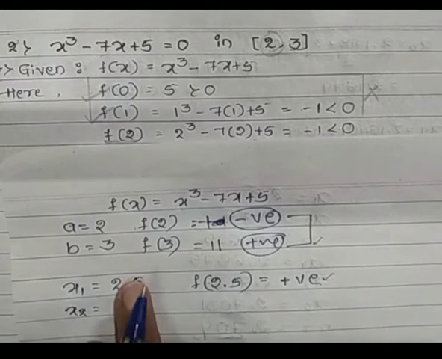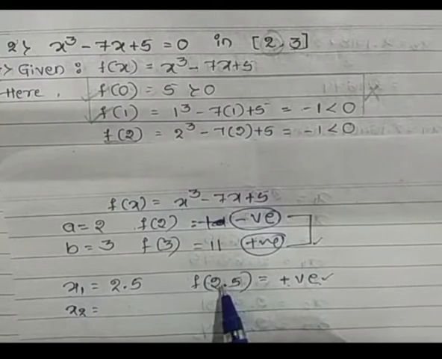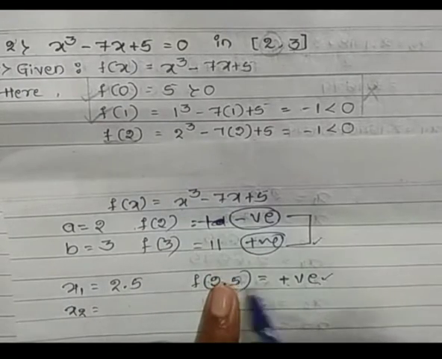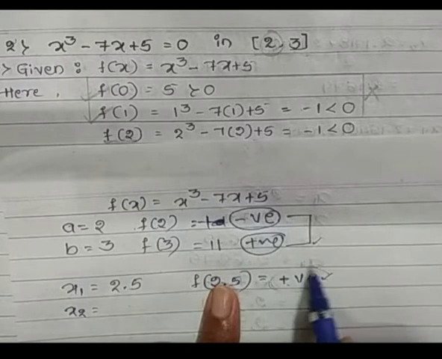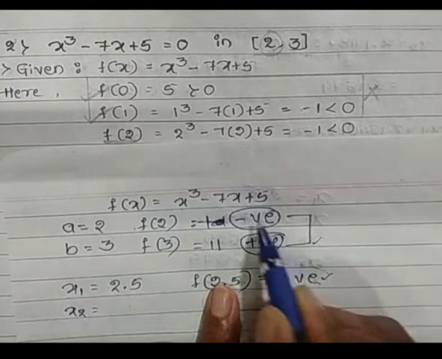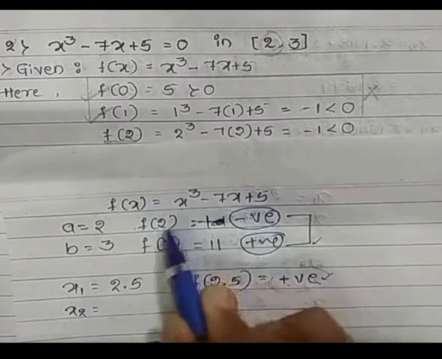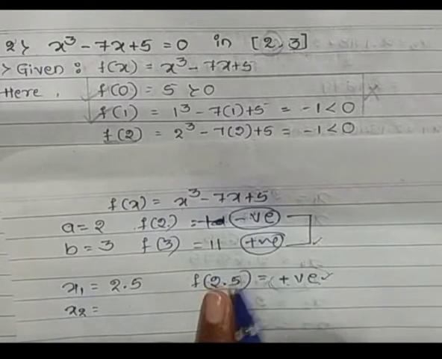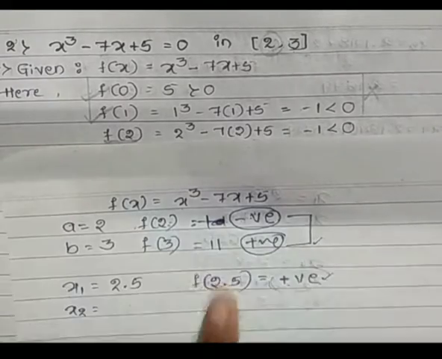The previous value, we definitely have to take. Here there is a positive value. So for x2, consider 2.5. As 2.5 is giving us a positive value, then search for a negative. Where did the negative come? We are getting a negative value for 2. Yes. So along with the 2.5, we have to consider 2 to calculate x2.